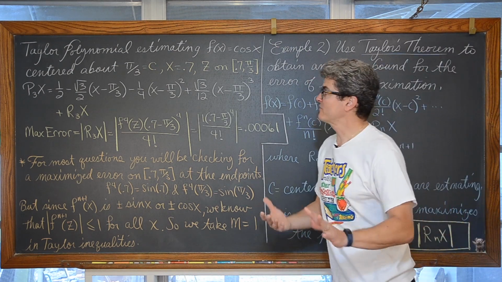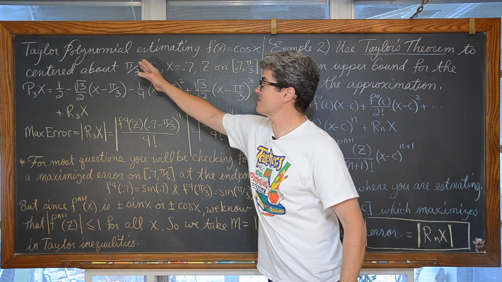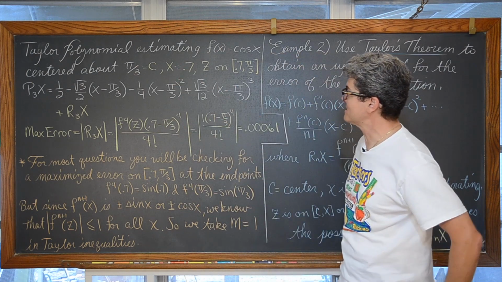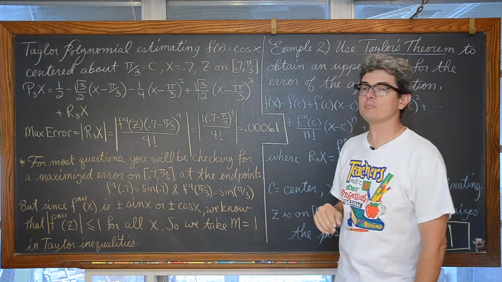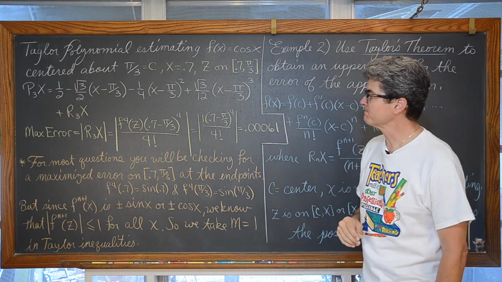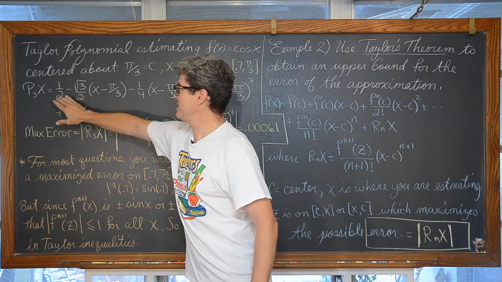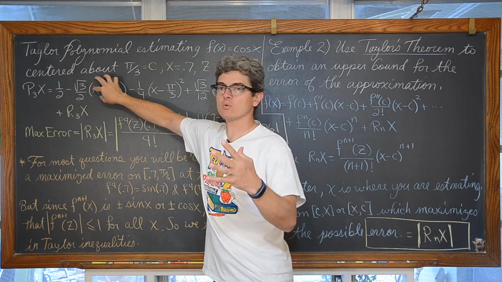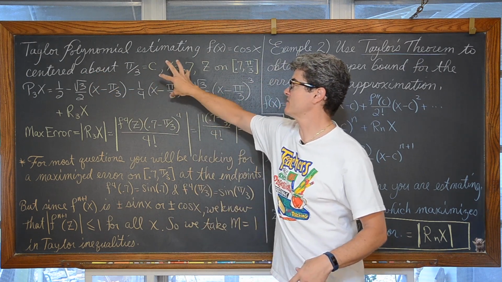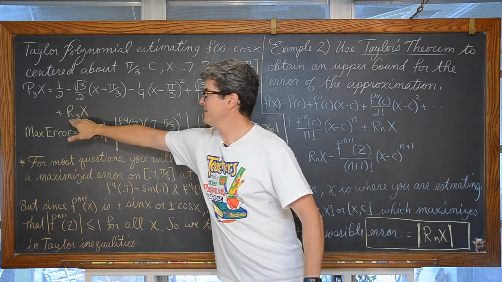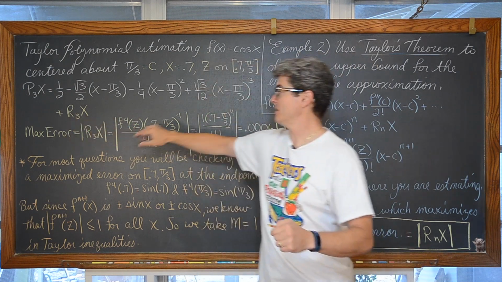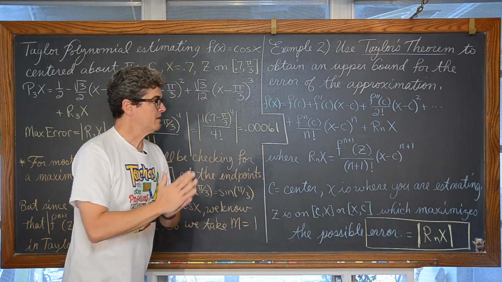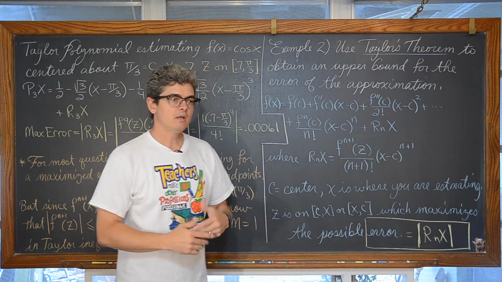So here we go. You saw me reveal this. Just a reminder that our c is pi over 3. We estimated that cosine function at 0.7, and z, therefore, is going to be on that closed interval from 0.7 to pi over 3. And we had f of c, f prime, that term with the power and the factorial of 1, the powers, the derivatives, the factorials of 2, 3, and then the remainder that's based on the third degree, in this case, Taylor polynomial. But that's really one more term in this.